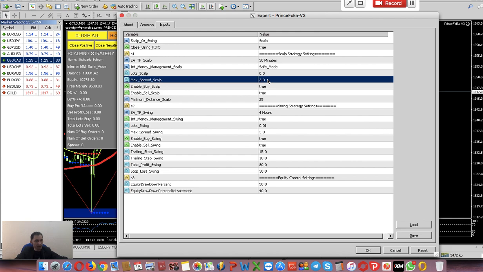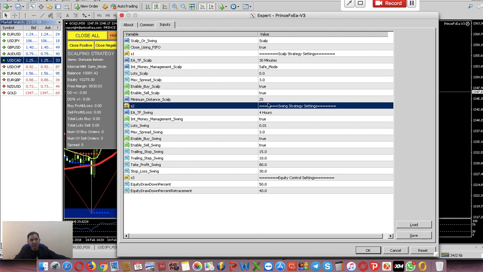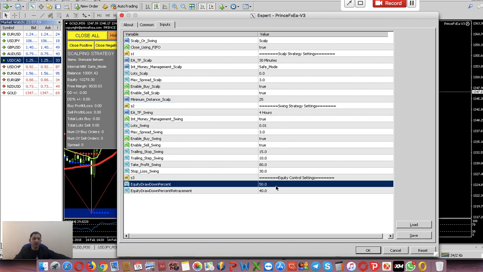Or it could be 4.5. This will help you avoid issues if the spreads are a bit higher, so the EA at least could execute orders. So please guys, make sure that the spread is always 5 to 7 points greater than what you see here in actual. Okay, this was the fifth reason, and now the last reason I will be telling you about is the DD control or equity control manager and the retracement